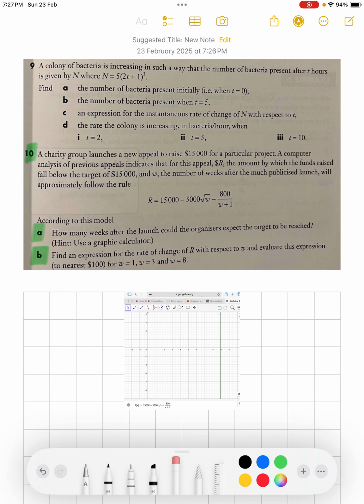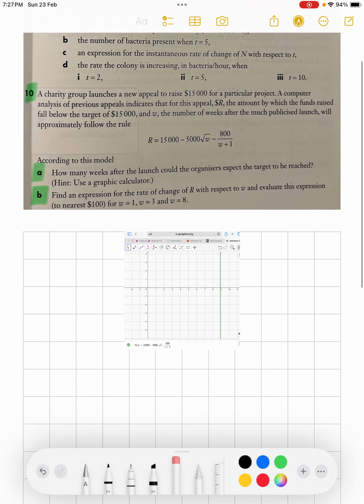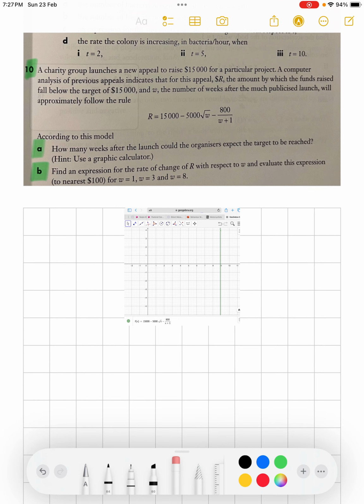We're looking at question 10, which is a charity group launches a new appeal to raise $15,000 for a particular project. A computer analysis of previous appeals indicates that this appeal, $R, the amount by which the fund raises falls below the target of $15,000. So $R is the amount the raised funds